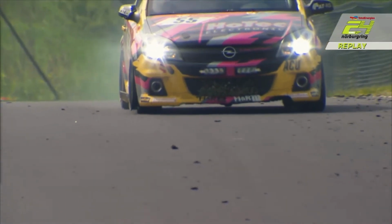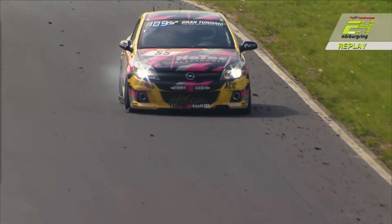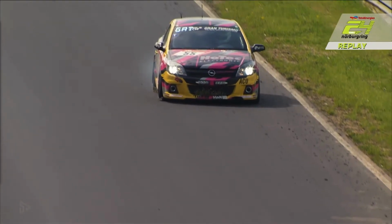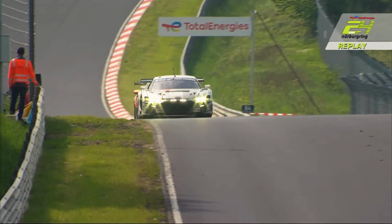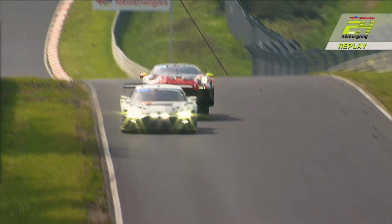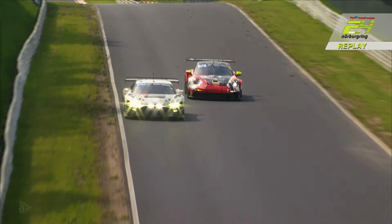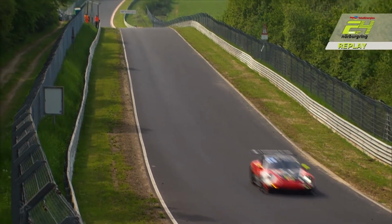Tired mind, perhaps. Yeah. We've got to remember that, you know, it's been a long, long night, and this is an endurance race not just for the cars and the machinery involved, but also for the nuts behind the wheel, as they're so often called. They're not nuts, you know what I mean, but telling off from race control regarding the driving there from the dynamic GT car. And it's not as if you can really enforce a penalty for a future race. A wheeling Porsche there over... That was...